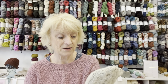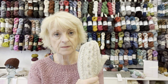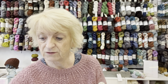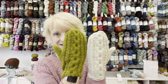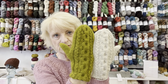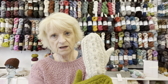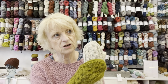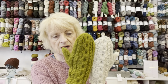might come in useful. But these Falmouth Harbour mittens are in 2 sizes, so we've got the small size, and I've got a different colour here. So it's a bit big on me, this one, but that's a sort of medium to large size. This took, I'm just trying to think how much yarn this took, probably about 60 grams of yarn to make